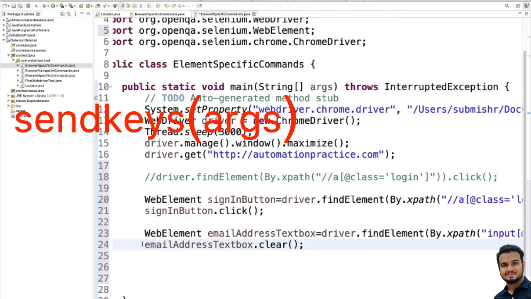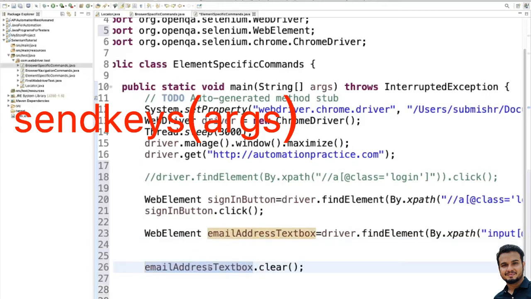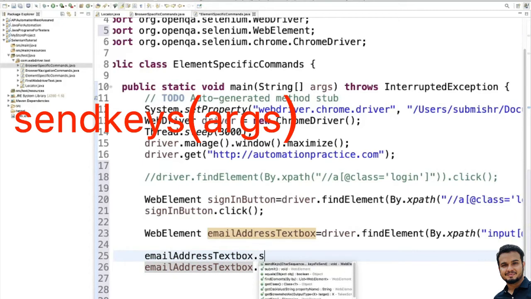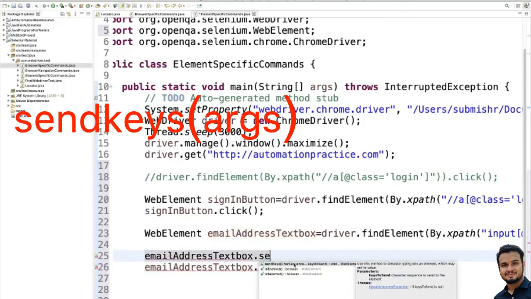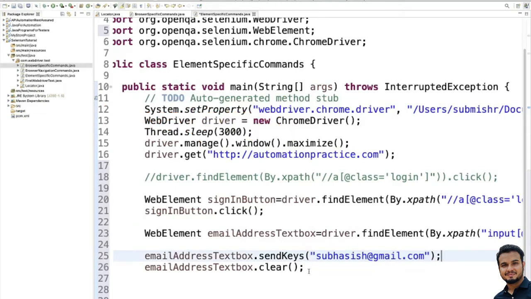So if I show you here, let me write it, email address text box dot send keys. See here it is taking character sequence keys to send. So what do we want to send in this? We'll write the email ID. So we want to send this, then we will clear it.